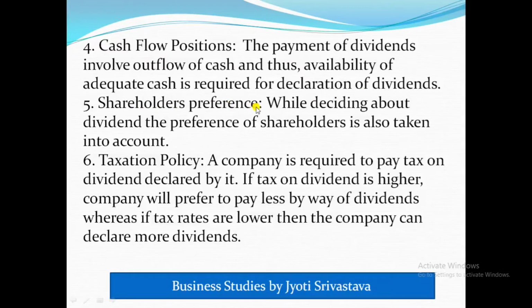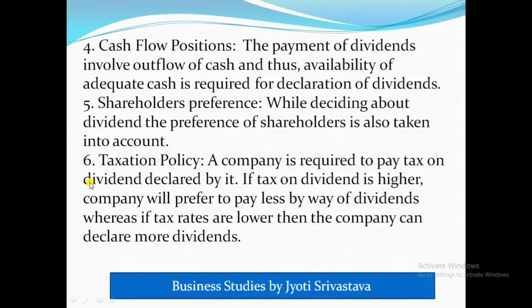Shareholders' preference is another factor which affects the dividend decision. While deciding about the dividend, the preference of the shareholder is also taken into account. Means there are different kinds of shareholders. Some want a fixed return on their investment. Some can wait for a longer period of time, but they want a good amount of interest on their investment. So the kind of preference of the shareholder is taken into account